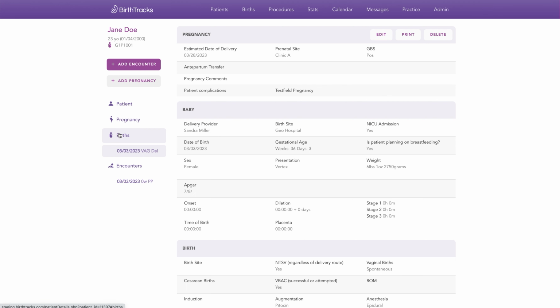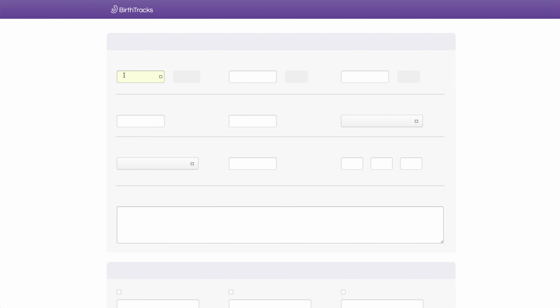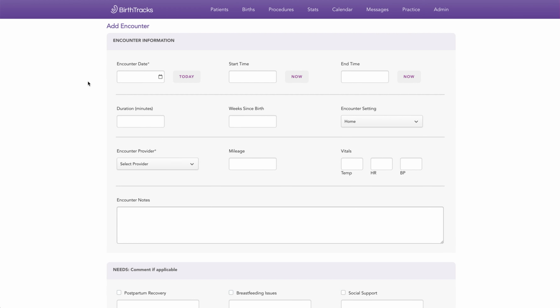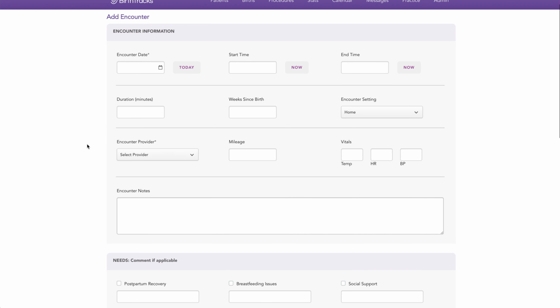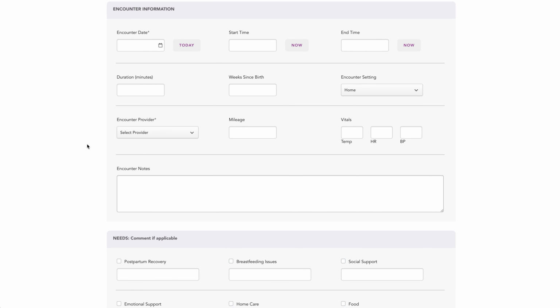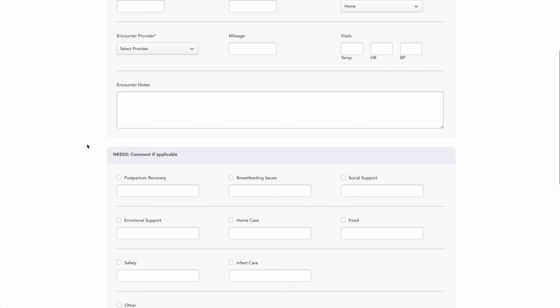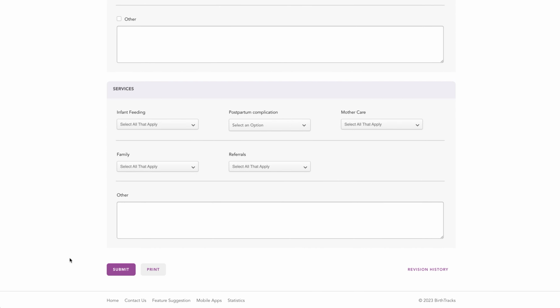due date. Now to log an encounter, we're just going to click here, Add Encounter, and this is going to bring up the postpartum encounter form. Now in the future, we would really like to add additional types of encounters, such as prenatal encounters or GYN encounters, and we'd really like some feedback from you about what types of information you're interested in tracking. So we'd love if you could let us know what you're interested in. If you come down here and click on Contact Us, you can just send us a quick message about what